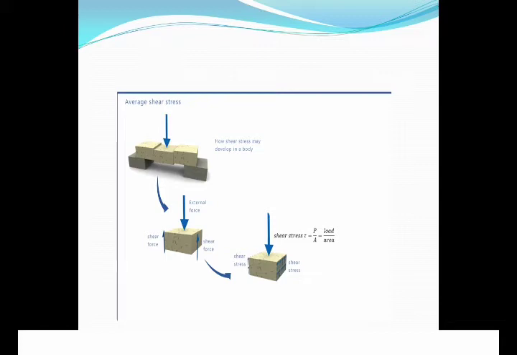Similarly, when the external forces act perpendicular to the axis, we see that the shear forces act on the two surfaces which are shown in the figure. Here also we have seen that the direction of the shear forces is parallel to the surface, in the direct opposite to the direction of the force which is applied. And the shear stress is given by tau, which is equal to P by A, that is nothing but load upon area.